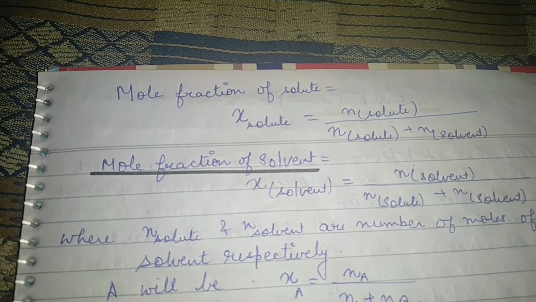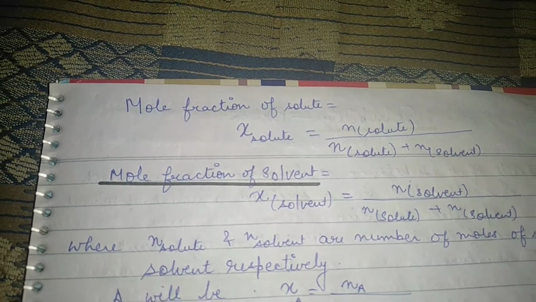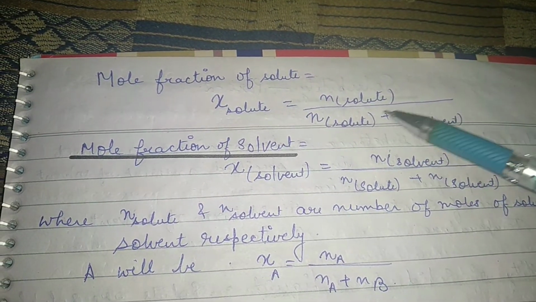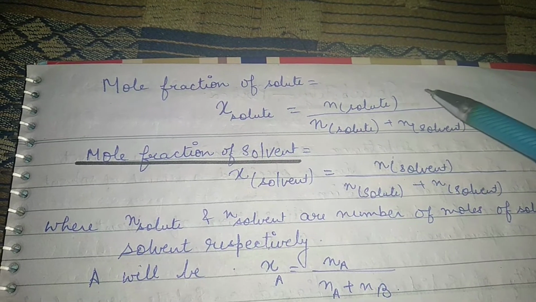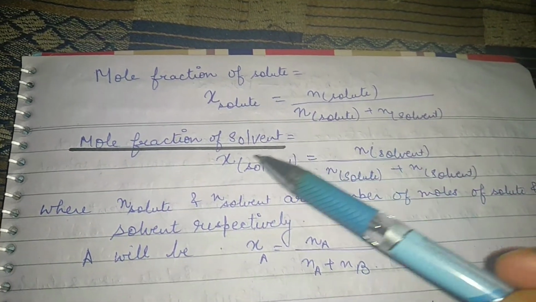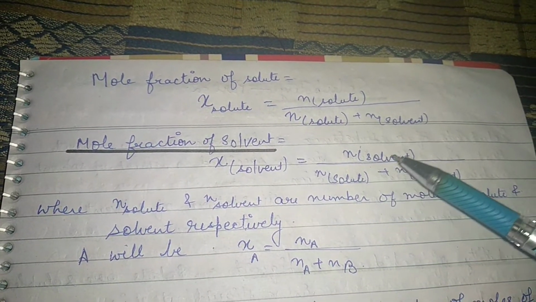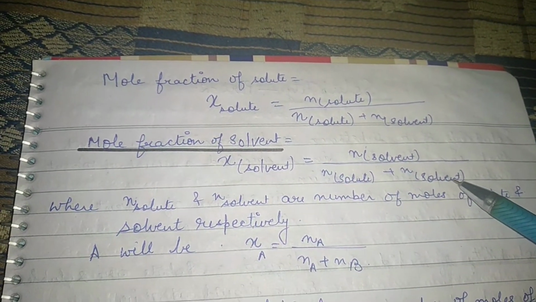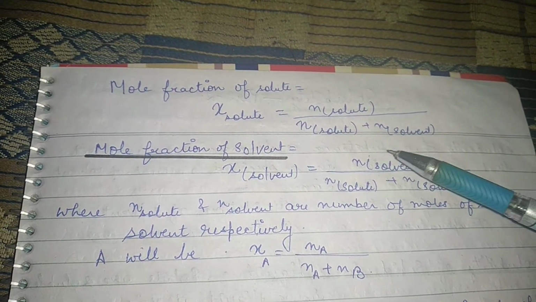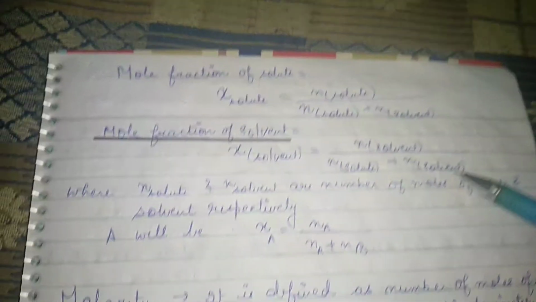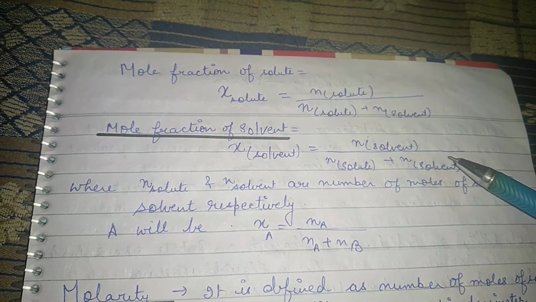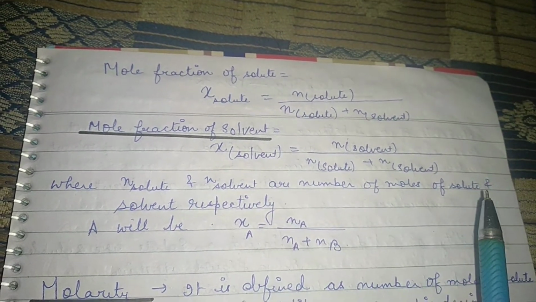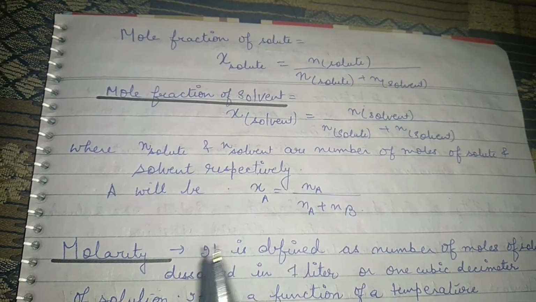Suppose, here is how we can calculate. I have written n moles of solute upon n moles of solute plus n moles of solvent. So this is the total moles of solute plus solvent, and this is the moles of solute. Okay. So the mole fraction of a solvent is equal to n moles of solvent upon the total moles of the solution. Alright. So this is the formula. जिसका निकालना है उसको हम ऊपर रखते हैं, divided by total करेंगे. So this is how we can calculate the mole fraction of a solute or a solvent, where n solute and n solvent are the number of moles of the solute and the solvent respectively.